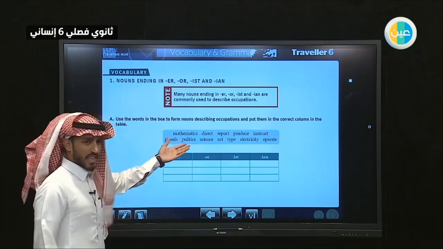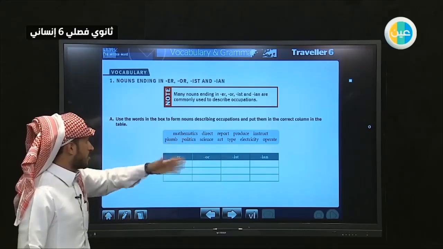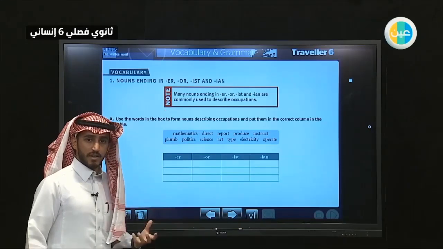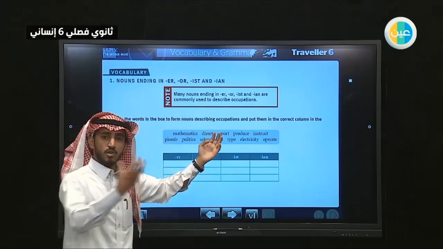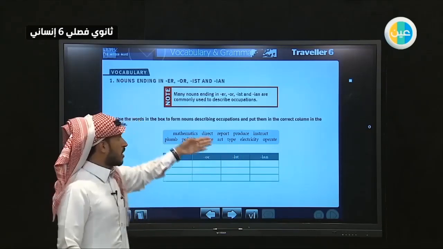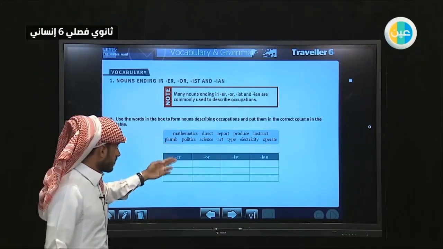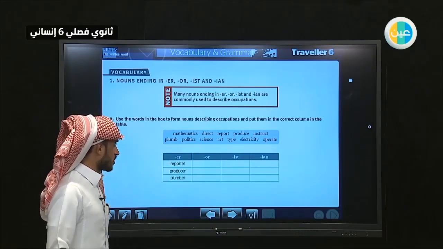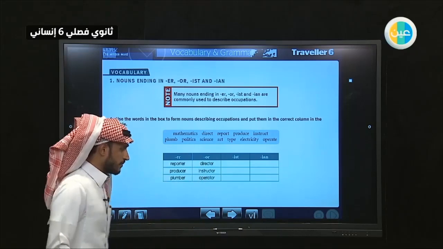These are words. الكلمات هذه أسماء أشياء يعني في الحياة، مثل هذه السياسة، العلم، الفن، الكهرباء، إلى آخره. ممكن نحول الأسماء هذه أو الأشياء هذه إلى مهن. We can turn them into occupation by adding some suffixes. الsuffix هي الإضافة اللي تضاف إلى نهاية الكلمة تغير موقعها الإعرابي. It turns its part of speech. نضيف واحدة من الكلمات هذه er, or, ist, and ian. مثلا من ضمن الكلمات اللي تاخذ er كلمة reporter أو كلمة plumber أو producer، واضح؟ كلمة or مثل operator, director, instructor، واضح؟